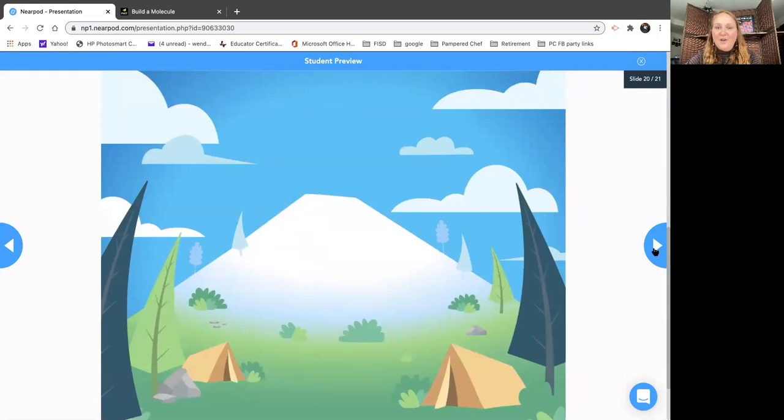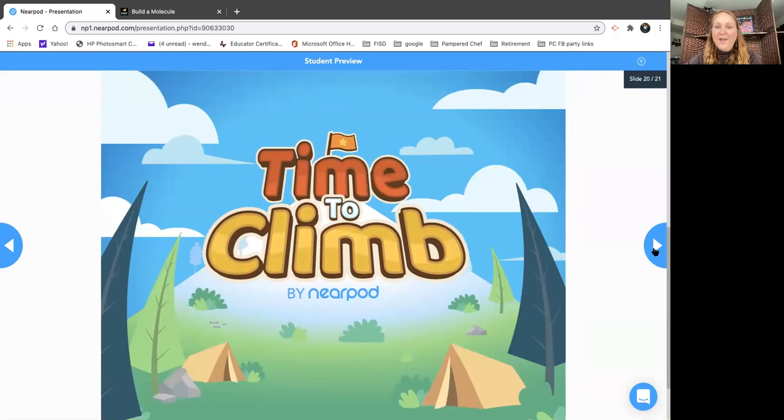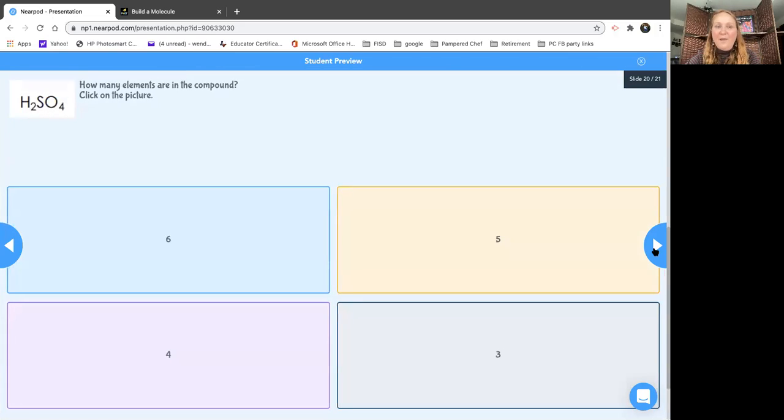I would give them a chance to do time to climb, and that would give me some more information to see where they are at in their learning prior to giving them another assessment. If they are not doing very well here, then I would have some interventions to go back to, perhaps make some flashcards, digital flashcards